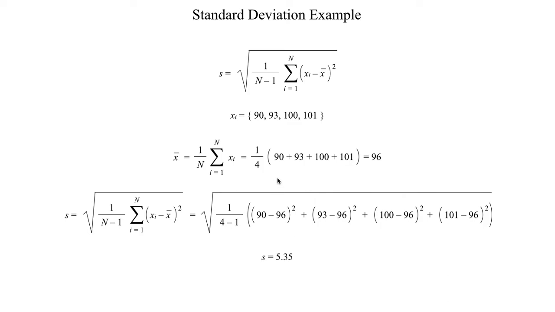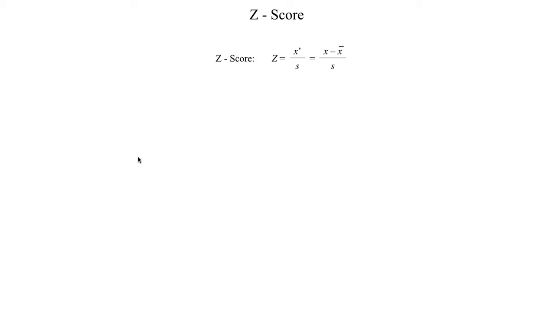But again, the whole idea behind standard deviation is it tells you how much your data is actually varying. Does it vary wildly, or do most of the values stay pretty close to a common point? And we take a look at how this affects the z-score. So we have two parts of this. One is the anomaly itself, the deviation from normal, and the standard deviation tells us whether that anomaly is actually something to be considered an outlier, something really far away from normal, or whether we could consider that normal.